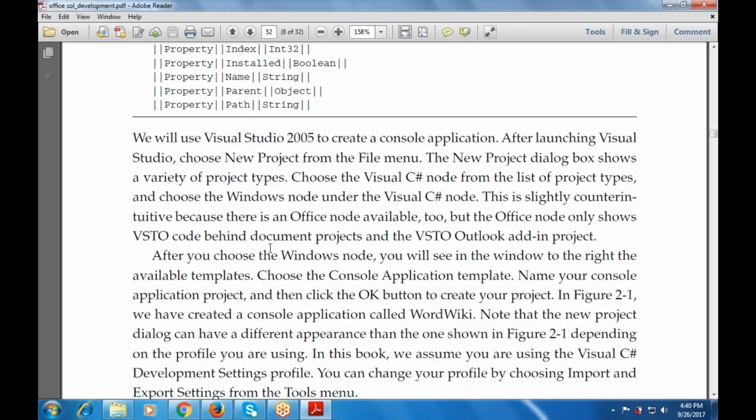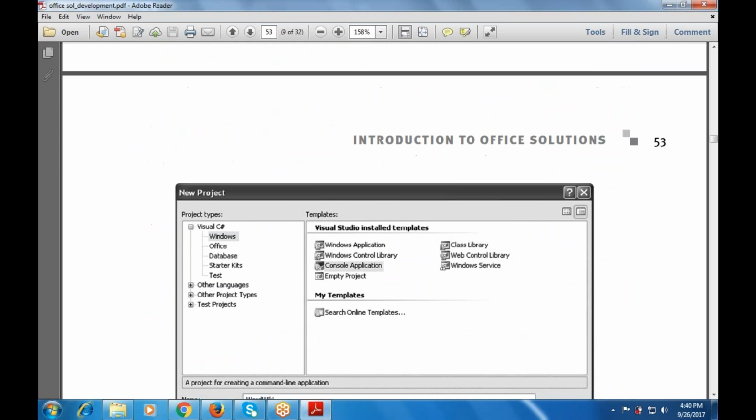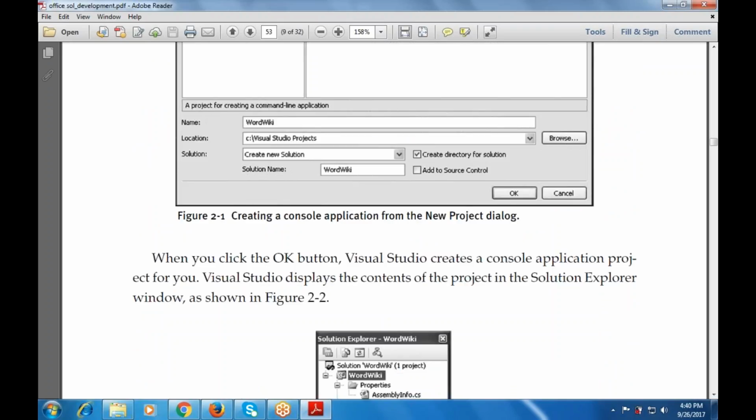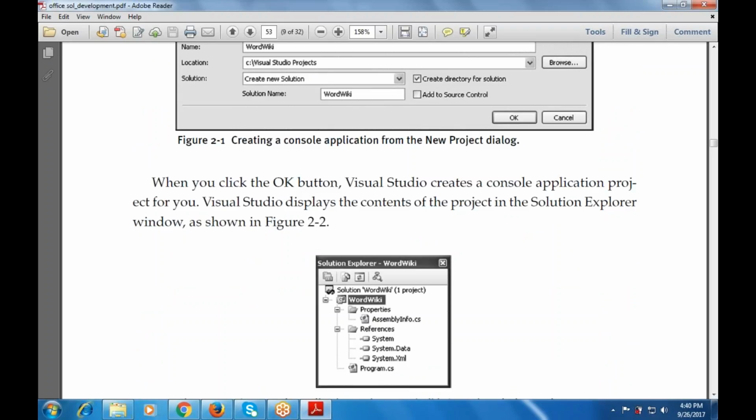And note that the new project dialog can have a different appearance depending on the profile we are using. In this book, we assume that we are using the Visual C# development settings profile, and you can change your profile by choosing the import and export settings from the tools menu. There's a new project, console application, class library, and when you click on the OK button, Visual Studio